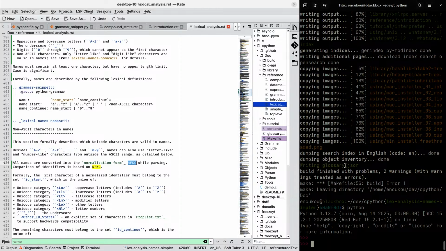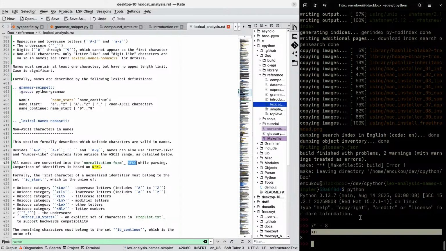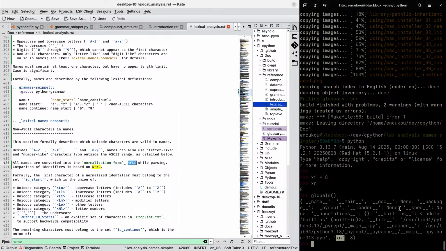Well, emoji isn't letter-like enough, but I can say x to the nth, like superscript n, and that is of course equivalent to xn. And if I look at globals, I see it's stored as xn.